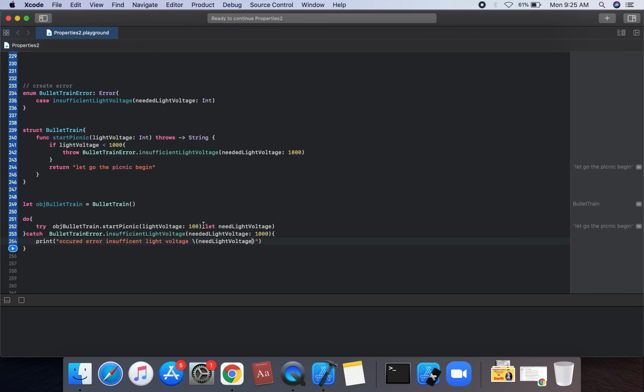Command not allowed on the try command, and this is the catch block. Let need light voltage, this is the need light string interpolation, and we can change this. And in the catch block, you can assign this catch block.